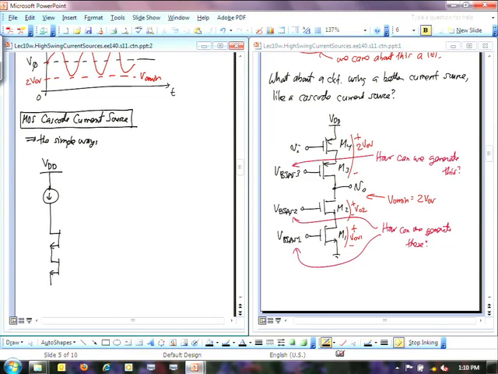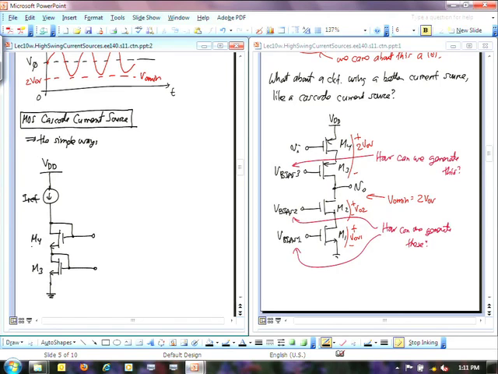Okay, so if I do this and I just diode connect these transistors, that, as we've seen before, automatically biases up those two transistors so that they are saturated, running a current Iref through them. Okay, so Iref runs through both of these. Let me call this M3